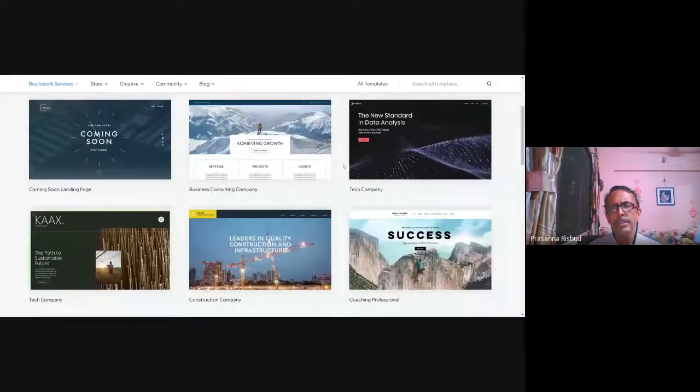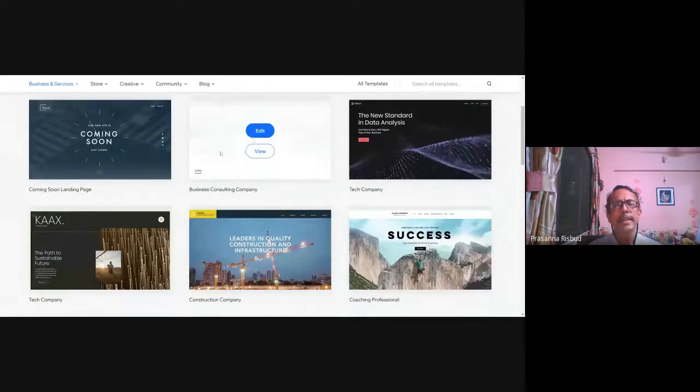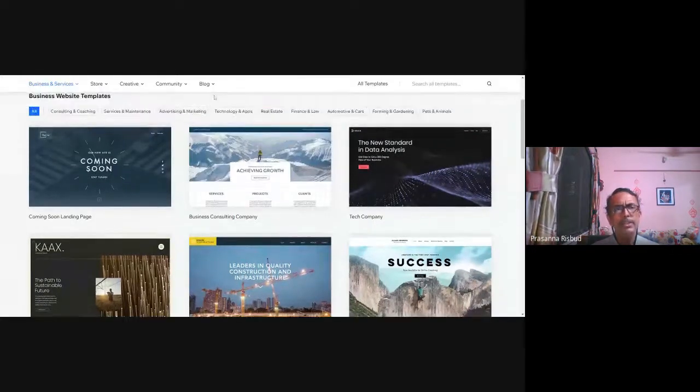Similarly with Wix, you just choose a template, edit the design, and yes, your website is ready in minutes, literally in minutes. You don't have to do anything. Just click on this edit button, edit this template. Now, before going on to edit, the first thing I will advise you is, any template which you select, you like,